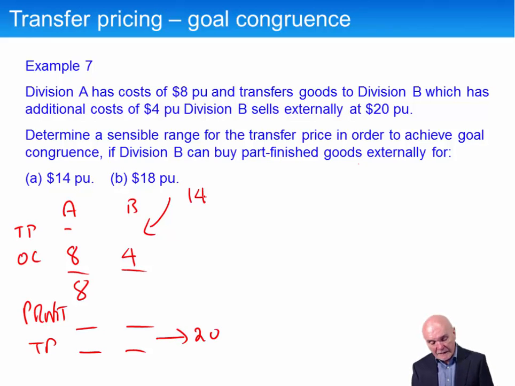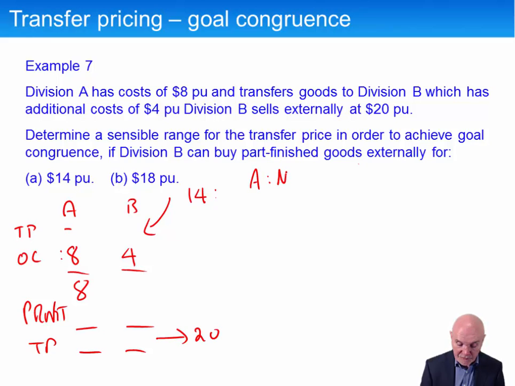Again, you have to get at it by thinking, what would we want the group to do? The group, in order to get a unit within B, can either pay 14 to an outside supplier or essentially pay 8 if it gets A to make those goods. Therefore, so far as B is concerned, I don't think there's any problem with A here. So with A, the minimum transfer price is definitely going to be 8.